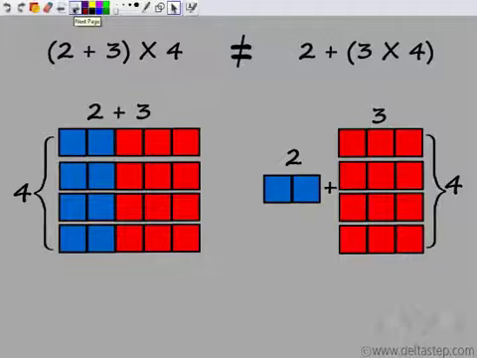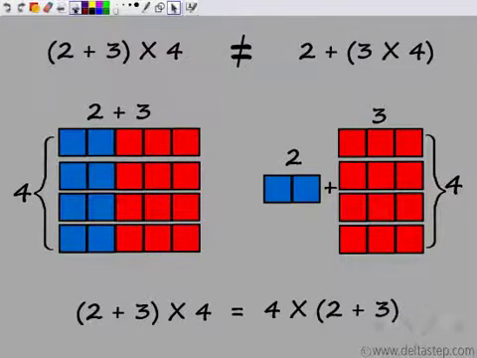But what we know is that (2 plus 3) into 4, this is multiplied by 4. Multiplication I know is commutative. So I can say (2 plus 3) into 4 would be the same as 4 into (2 plus 3). What I have done is, about this multiplication sign, I exchange the positions of the two. So I get 4 into (2 plus 3). So this is true. Now let us look at 4 into (2 plus 3) and see if there is any other way of solving this.